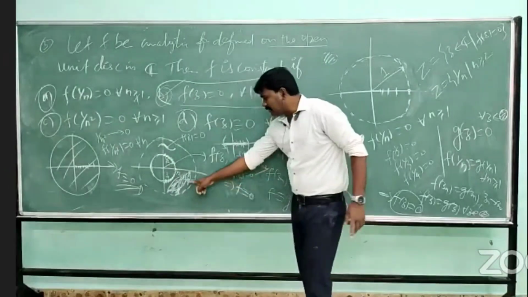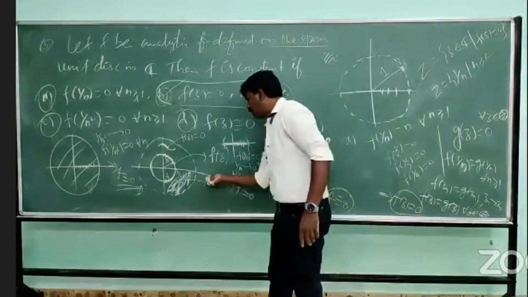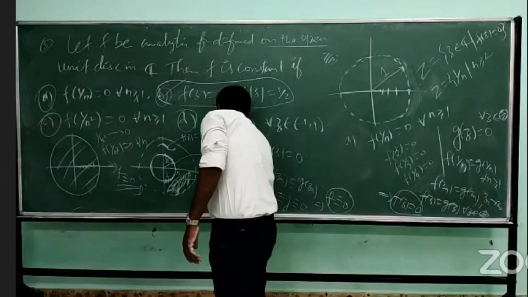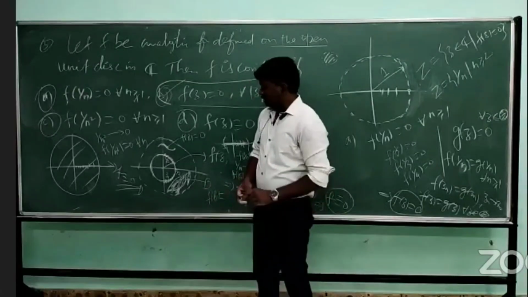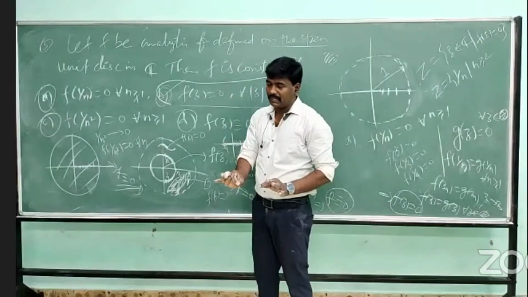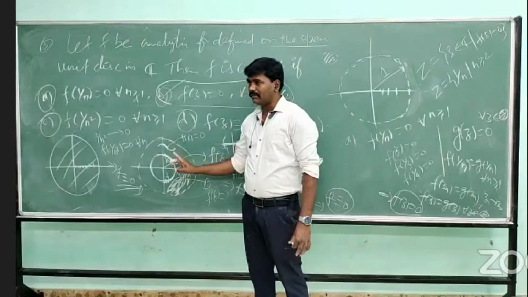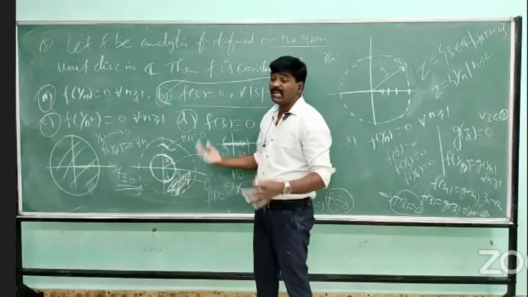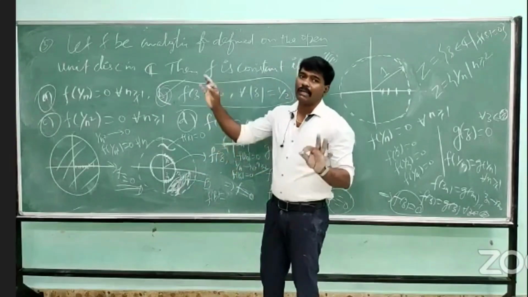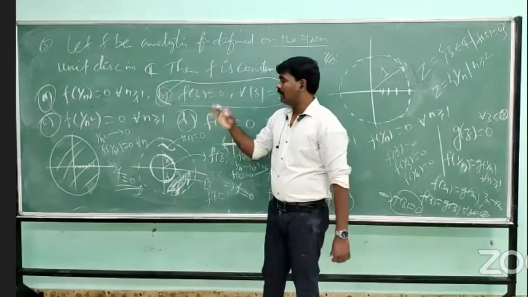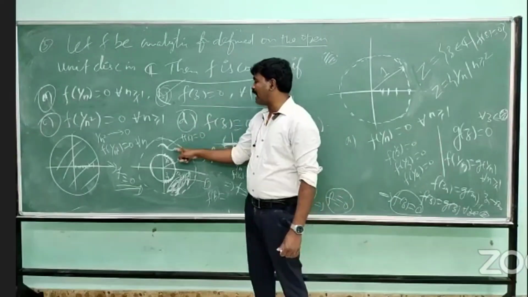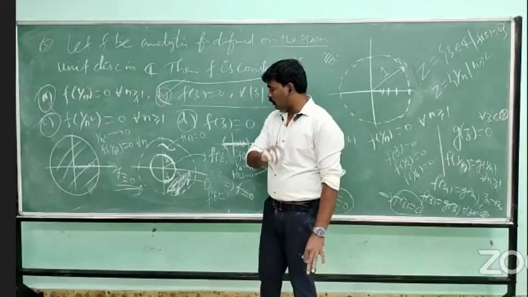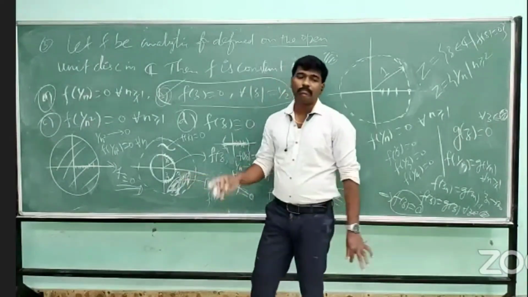Now, what is the image of B? I just have an analytic function vanishing at every point here only. I don't know whether it is vanishing in the remaining places or not. f is analytic and f vanishes only on this side, which implies that f of B